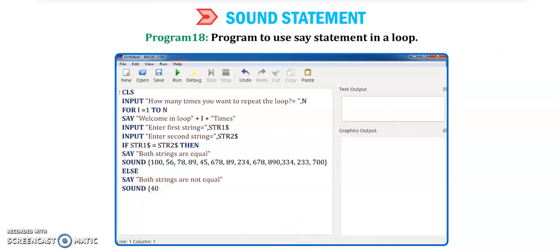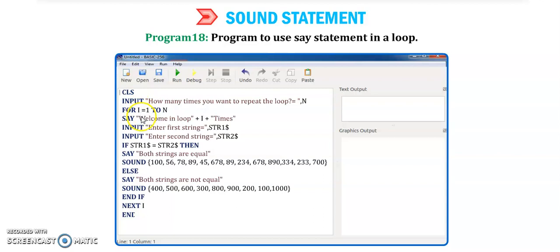We have to write sound values for this also: 4, 5, 6, 3, 8, 9, 2, 100. Now end if, this is for the if statement, one end if, one else. Then next I, and it will continue with the for loop. Then next, end.